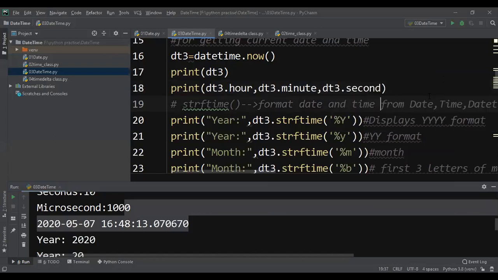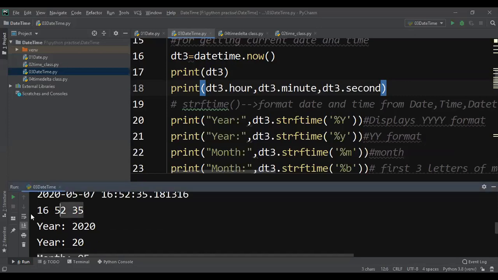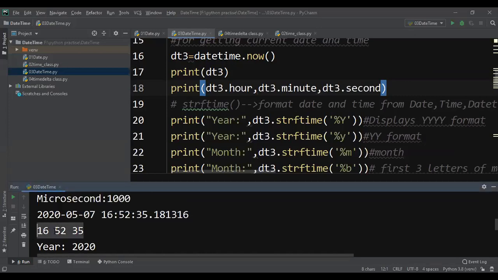Of course, whatever format you want, you can make it. See here, current time is 16th hour, 52 minutes, 35 seconds.